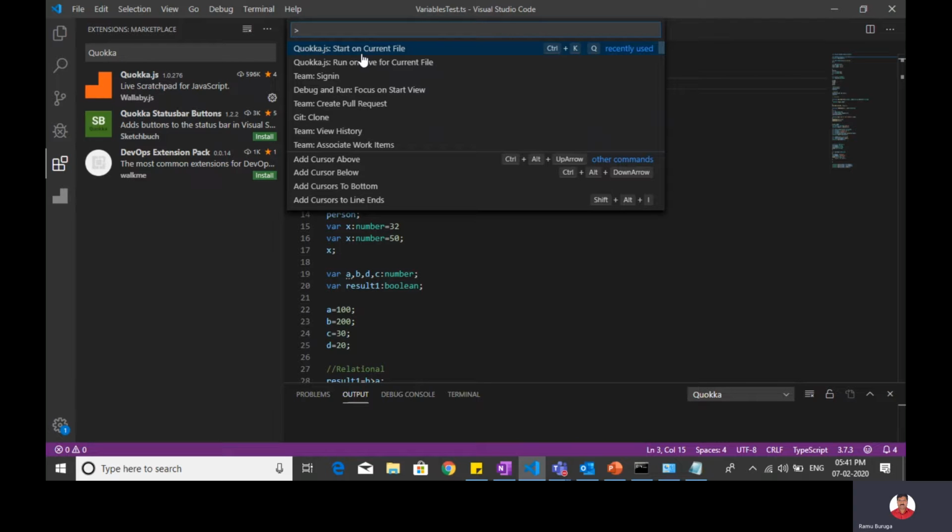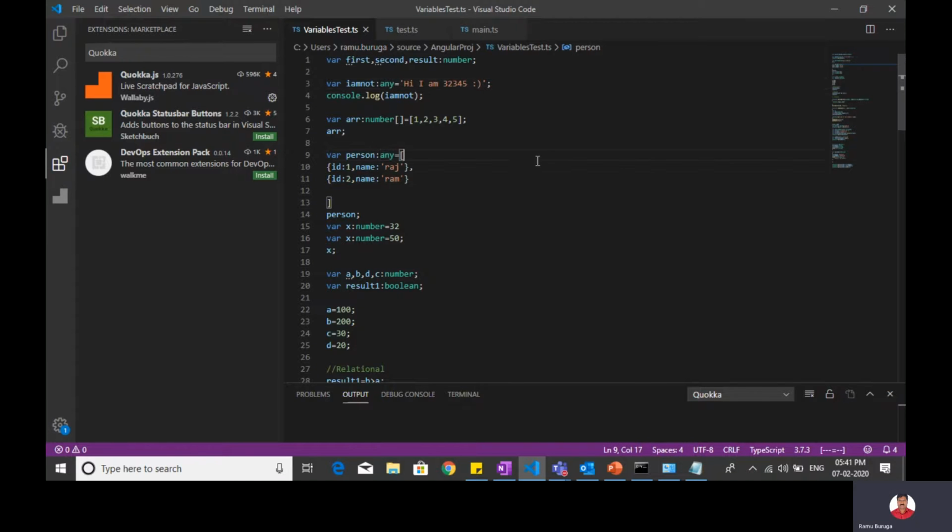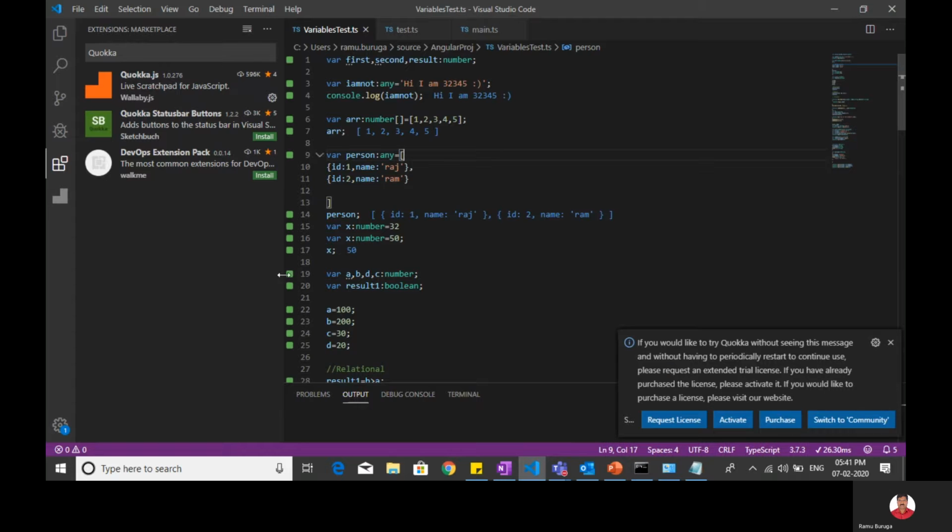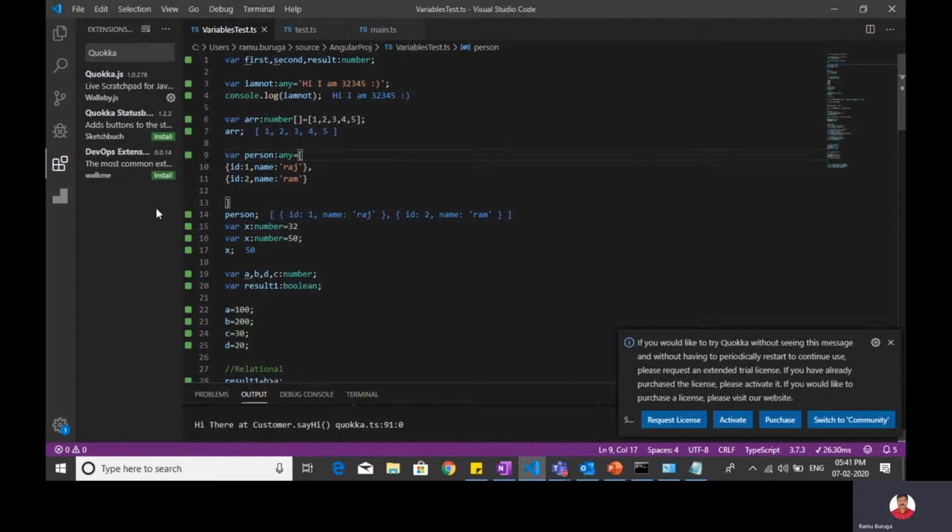You select which file you want to run. It is started. You see that output.